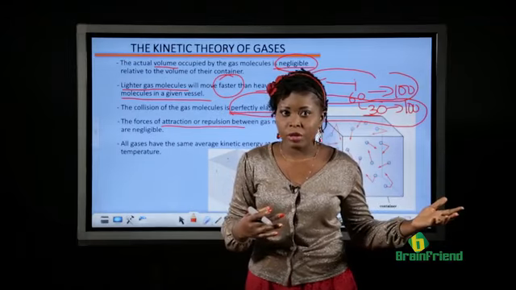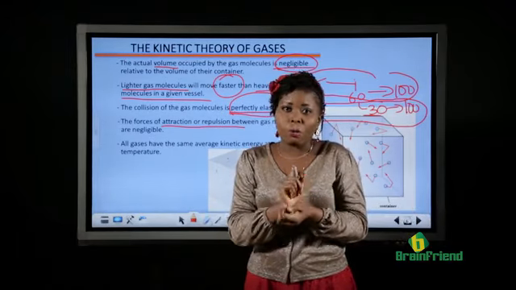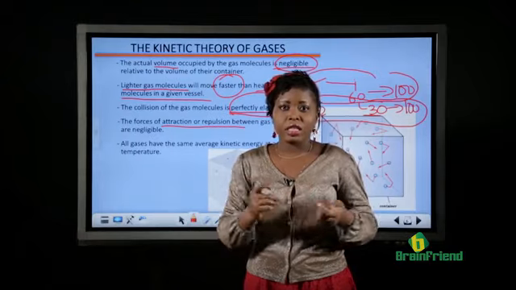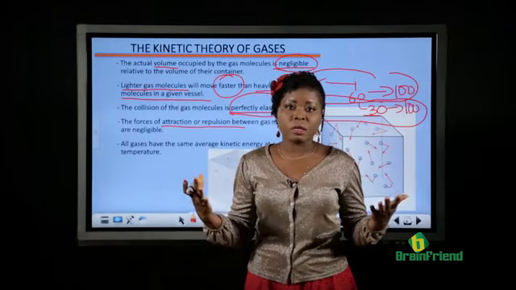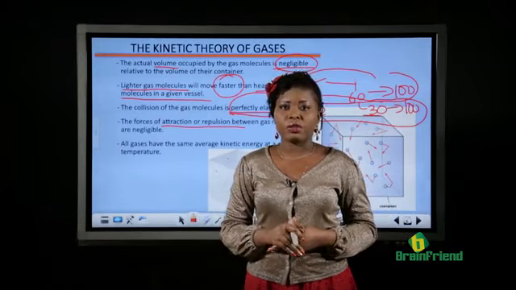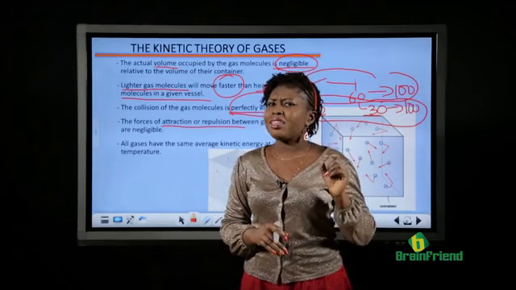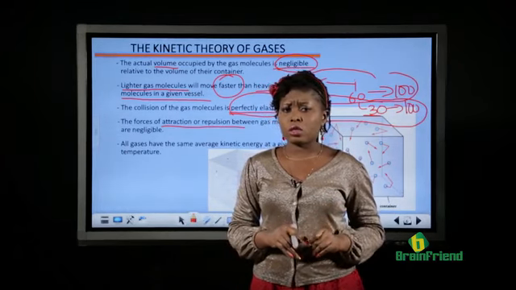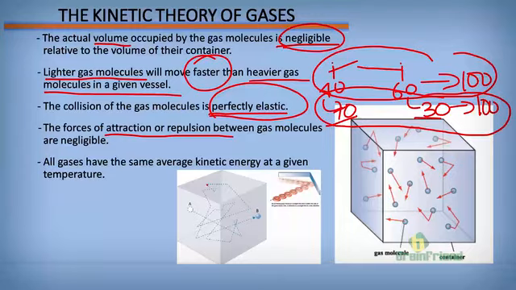Solids have the highest intermolecular forces. Because of that, they are compacted, they are together. Liquids have a reasonable amount of intermolecular forces, but gases have the least amount of intermolecular forces, so much so that the force of attraction or repulsion between them is highly negligible, and that is why they can move at very fast rates and away from themselves.